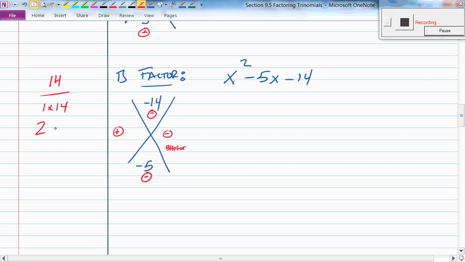Okay. How about 2 and 7? Okay, let's see here. Is negative 7 plus 2 negative 5? Yes, that's our answer. So the bigger one has to go here. The other one goes there. It's pretty sweet, huh? So this is going to factor to x plus 2 and then x minus 7. And that is our